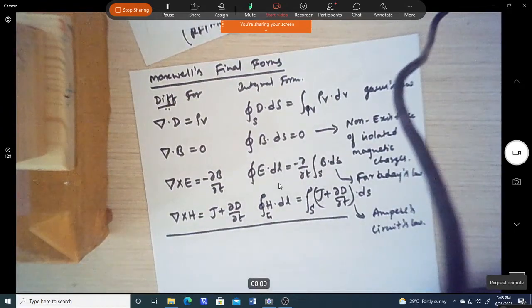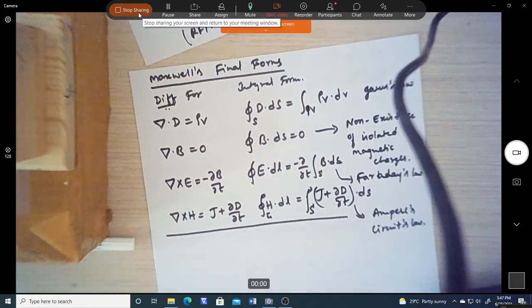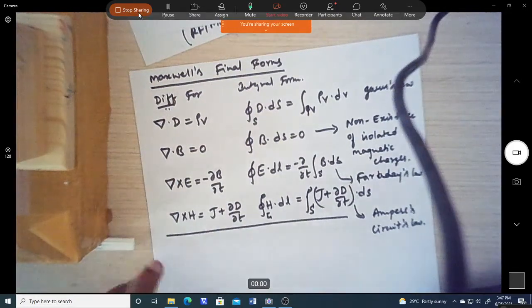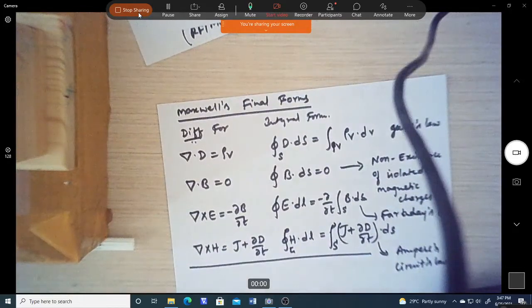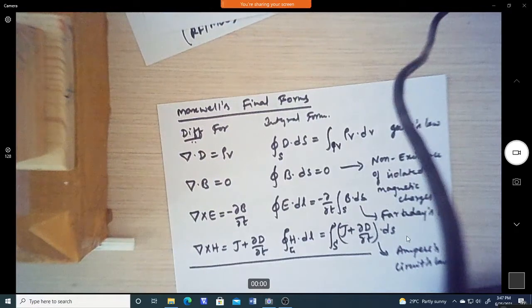Okay, any doubt in this? Anybody? There are many other equations that were already discussed, that is the boundary conditions and the material equations for conductors and dielectrics, where sigma is infinity for conductors and 0 for dielectrics. All of that is associated with these equations. If the conditions satisfy these equations, then there is an electromagnetic field which is propagating. That is the final form of the Maxwell's equations.